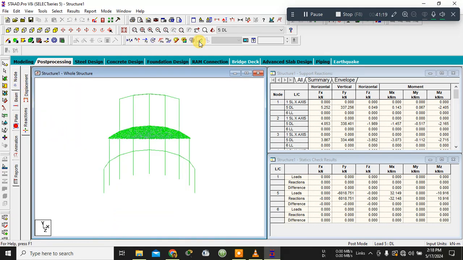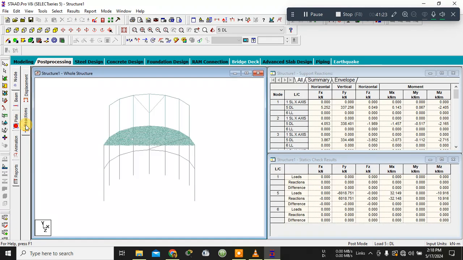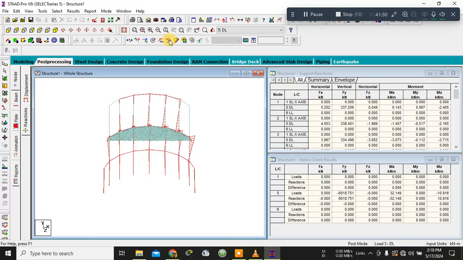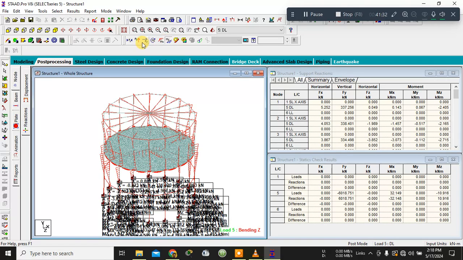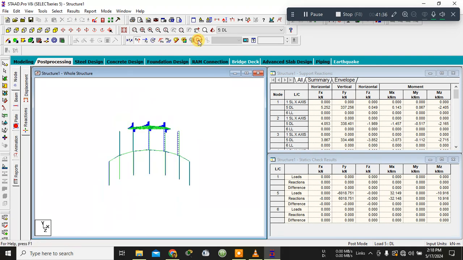You can see this is the deflection diagram. This is the deflection diagram. This is the bending moment diagram, and this is the shear force diagram. Let me turn off the other. Okay,